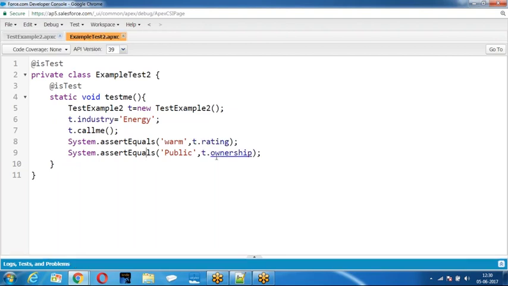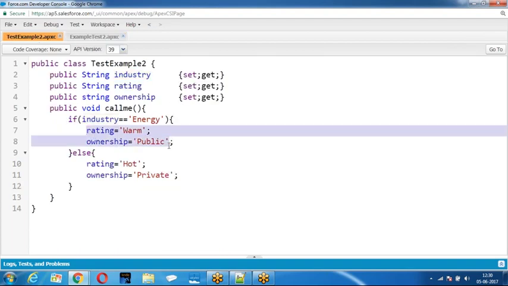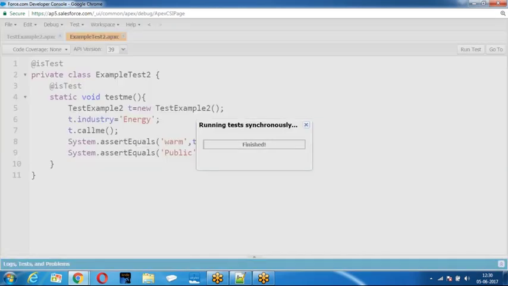I am checking how many conditions? Only the if condition I am checking. If the condition is true, what is happening? This is happening. Now is it happening or not? I verified. Did I check the else condition? If I give other than energy, what are the values expected? Are you checking? No. So then what happens when you run this test class,